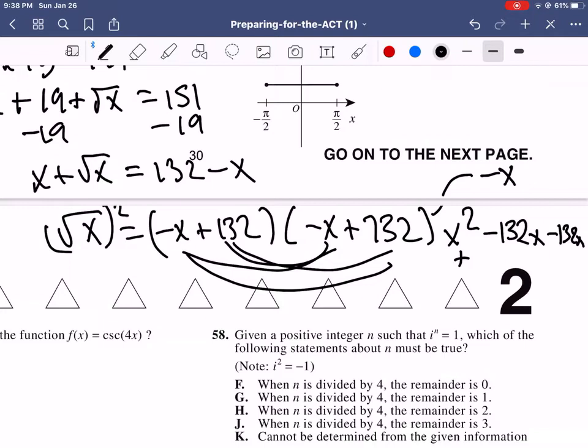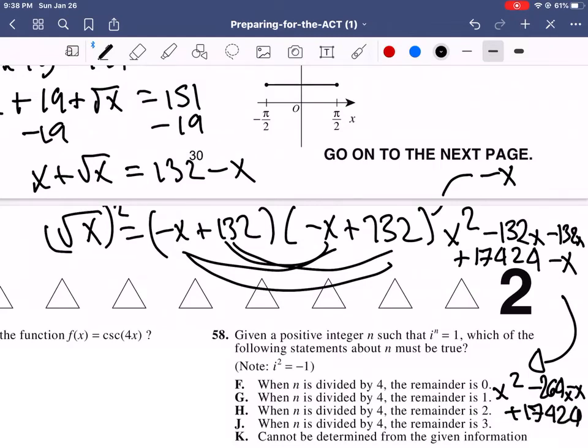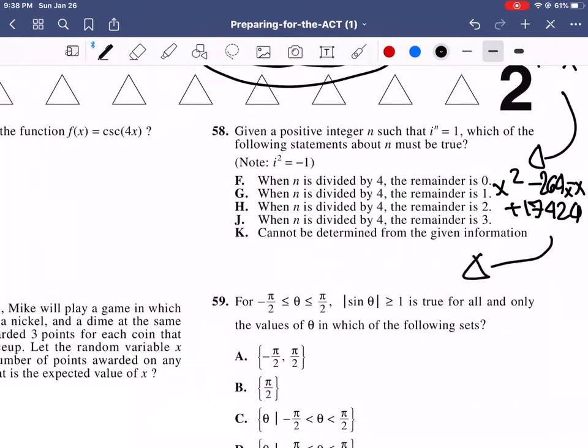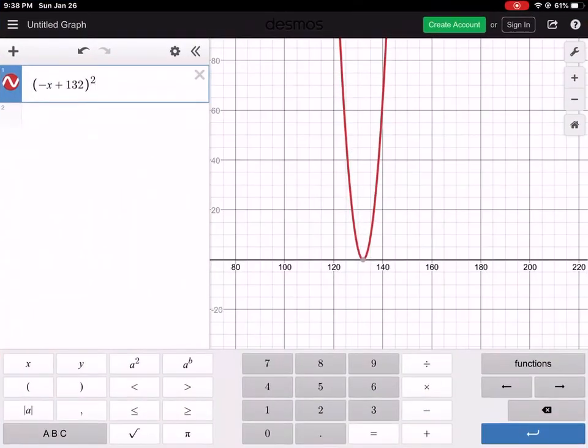That is, okay, 17,424. And minus x. So that all becomes x squared minus 264x minus x minus x plus 17,424. And the final is x squared minus 265x plus 17,424. So when you graph that,